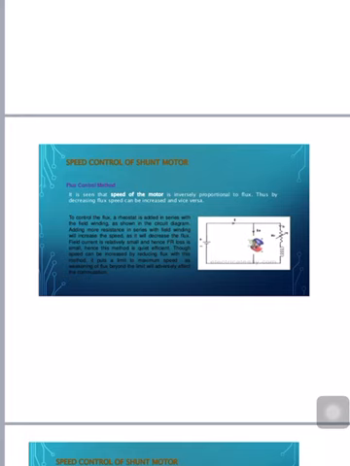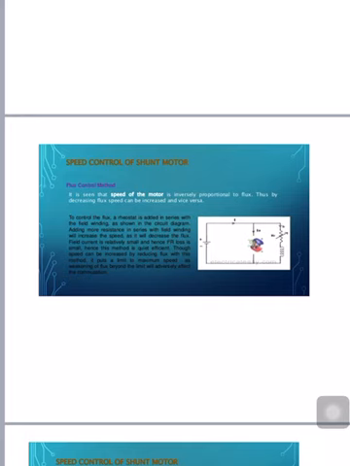With this method, there is a limit to maximum speed, as the weakening of flux beyond the limit will adversely affect the commutation. So in this flux control method, we are simply increasing the speed by adding extra resistance in series, that is, a rheostat is added in series with the field winding.